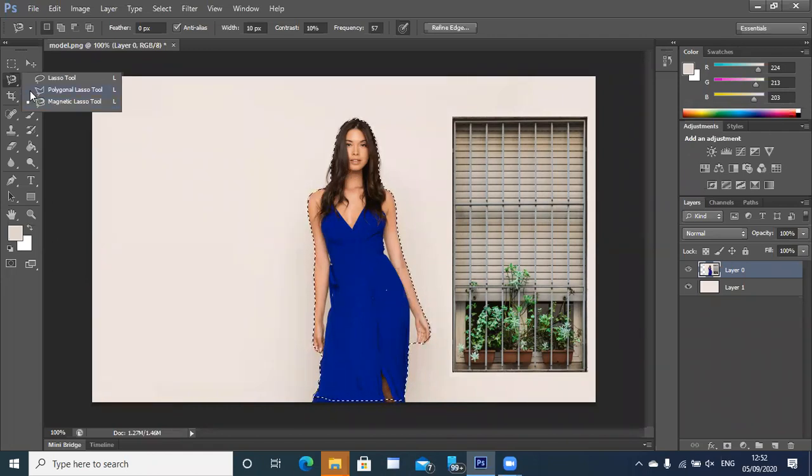Also, there is the polygonal tool. Polygonal tool is if you want dot to dot selection, like join the dots kind of a thing. So I can do, like, join the dots. 1, 2, like the join the dot game. It will be straight. It will not be curvy. It will just be something like this, if I just want to quickly select an area. So this kind of a thing.